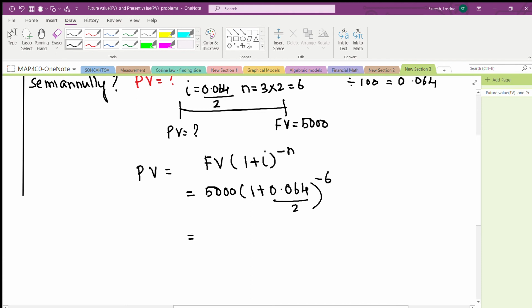So putting this into my calculator: 5,000 times (1 plus 0.064 divided by 2) to the power of negative 6, and I get that he needs to invest today